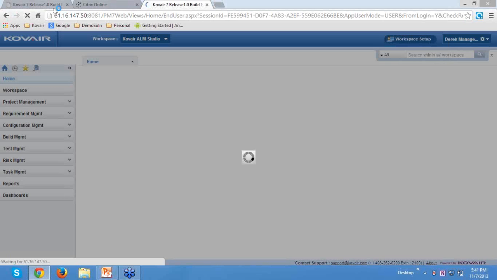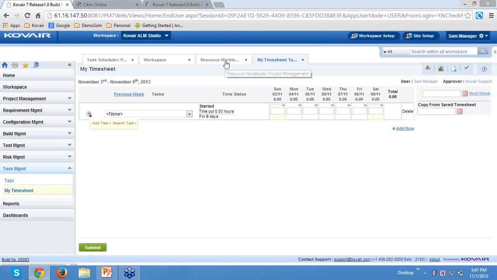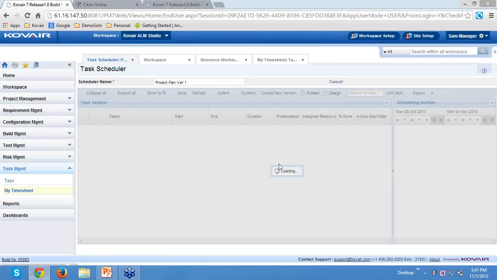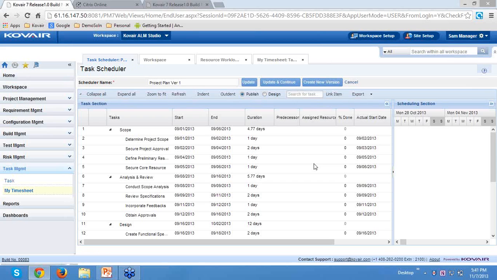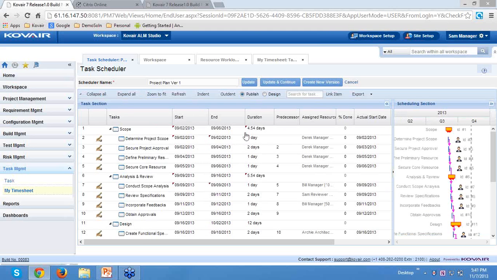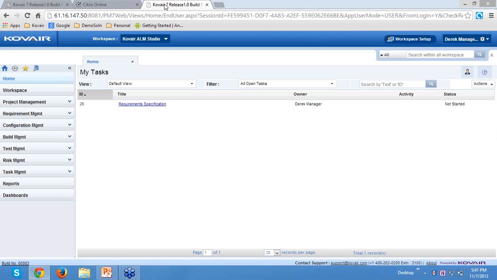Here you will see that in the task scheduler, the direct manager had some task allotted to him in a designated period. Let's say if we take determine project scope, it was a task of the direct manager on 2nd of September and the duration was 1 day.